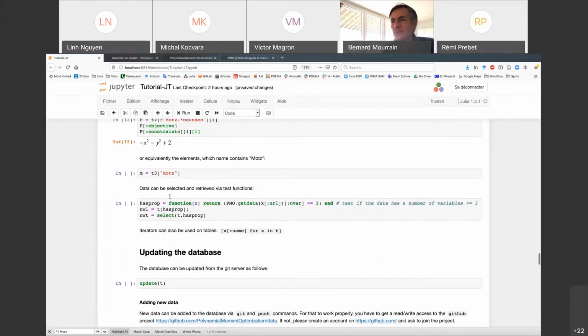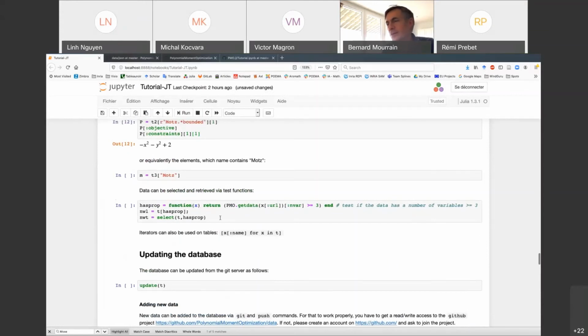So it's possible to select data which has special properties, as illustrated here. For that, you can write a function which selects the data. There is an example of such a function here.